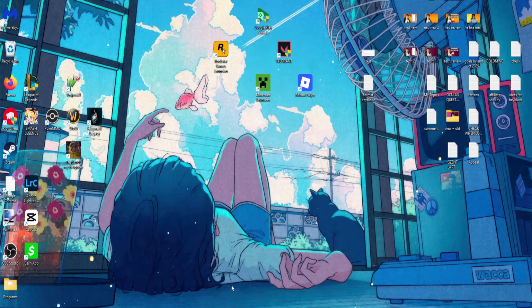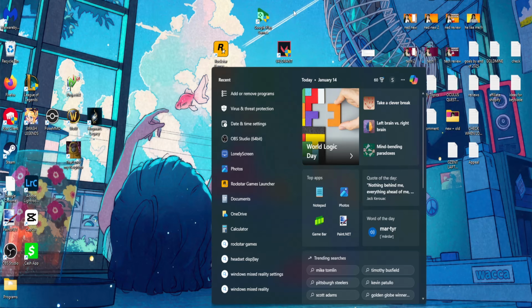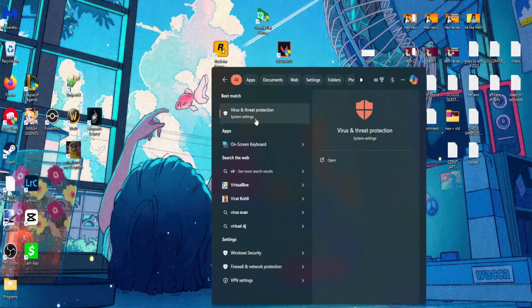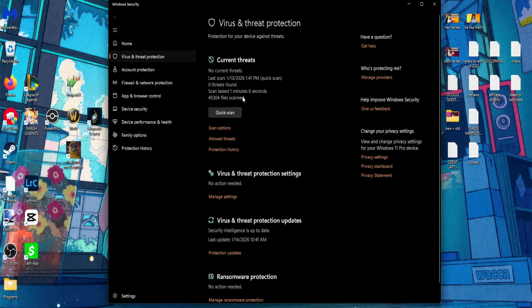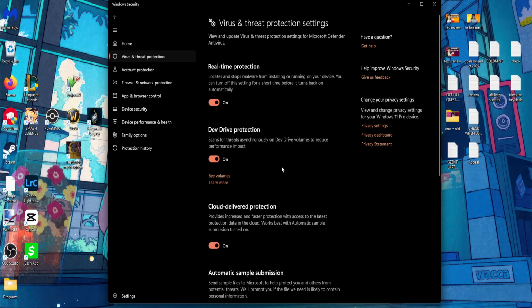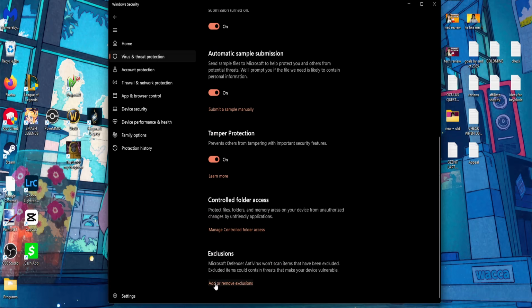If it doesn't, we can proceed to the second step, which will be opening up our computer search yet again and searching for virus and threat protection. Click on that option. Now right here, you will go into virus and threat protection settings, manage settings. What you need to do is to first scroll all the way down and click on add remove exclusion, select